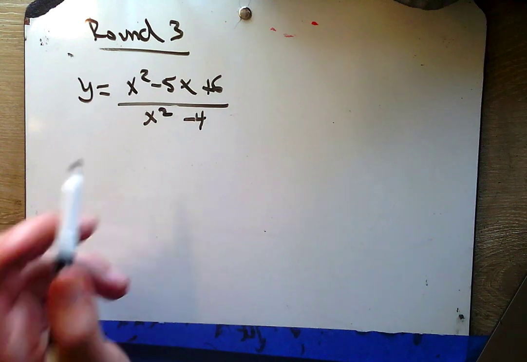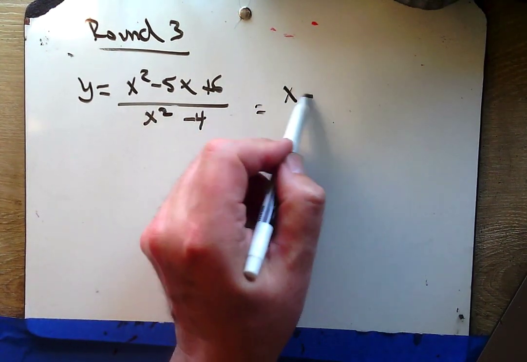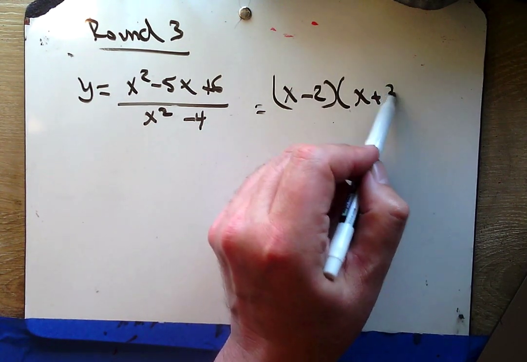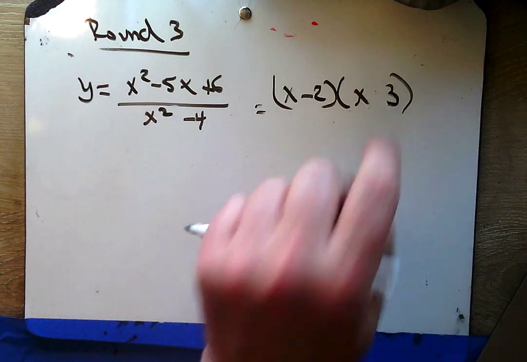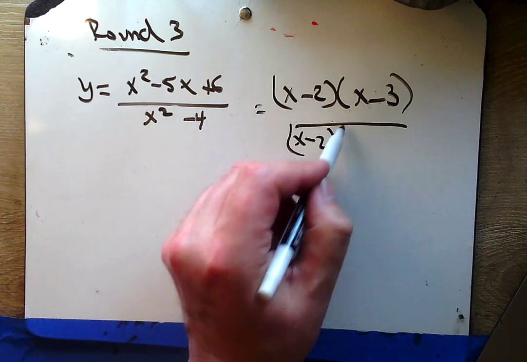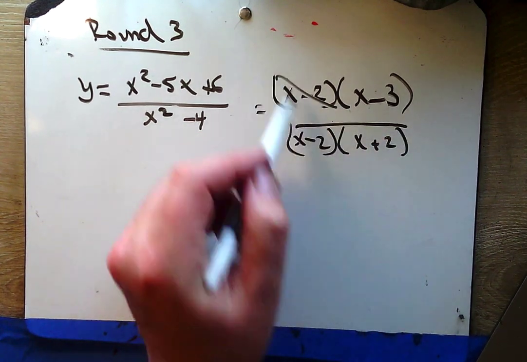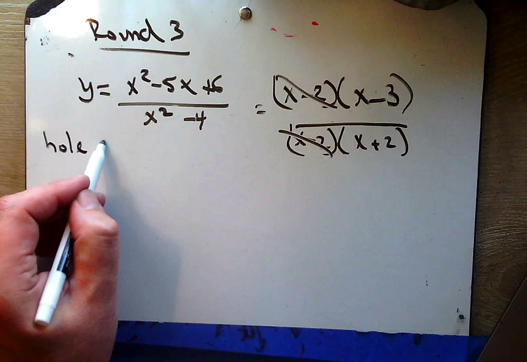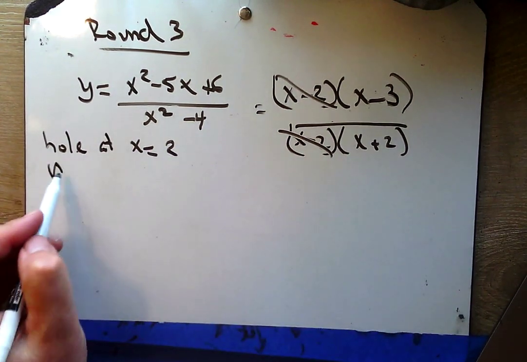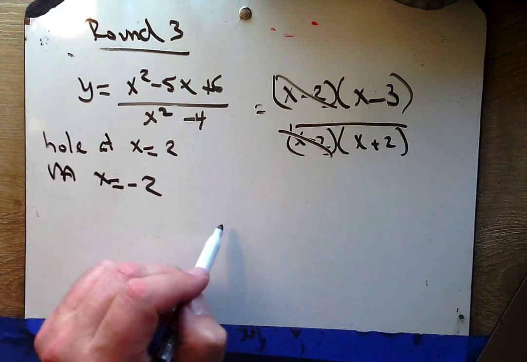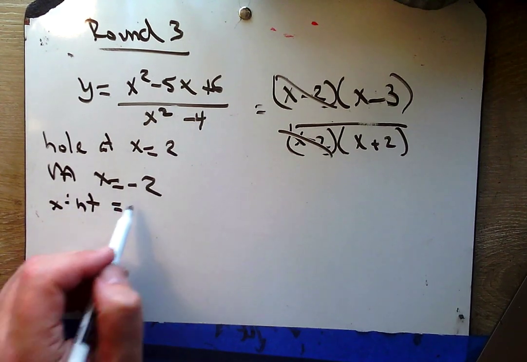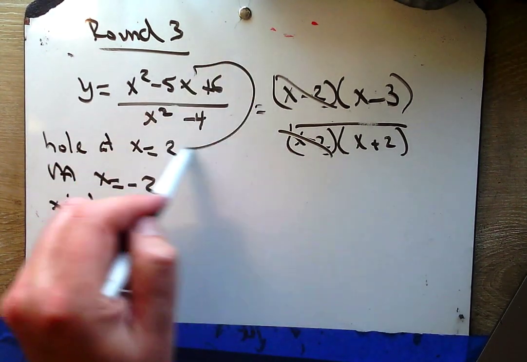So I hope you factored. A lot of students don't factor here, or they factor incorrectly. That has to be a minus. Okay, and on the bottom, x minus 2, x plus 2. So these are going to cancel. I've got a hole at x equals 2. I have a vertical asymptote at x equals negative 2. I have an x-intercept at 3, and my y-intercept